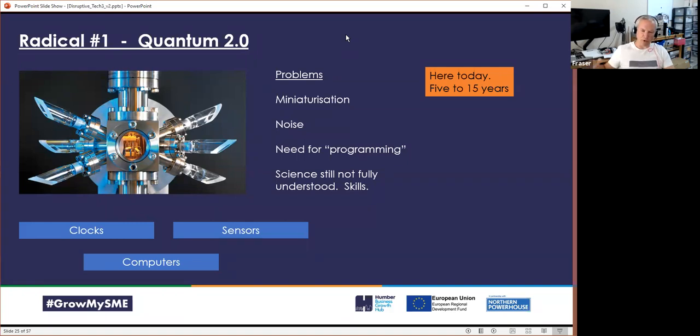So if you've got a submarine that's submerged for a long period of time, that submarine used to have to come up to the surface to get a location. Now it doesn't need to. And I know that there's a box out there that will do exactly that. So this could see the death of something like GPS very quickly. Quantum is here, and it will be maturing, I would say, in about 5 to 15 years.